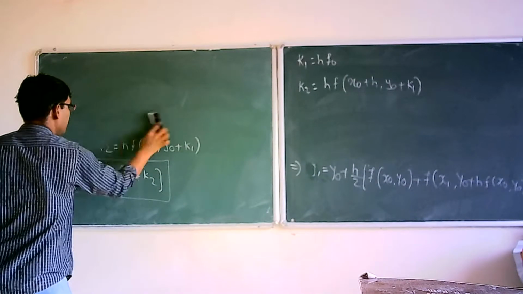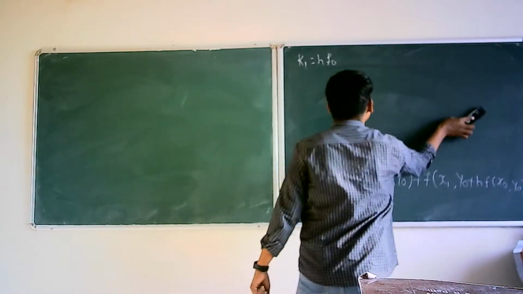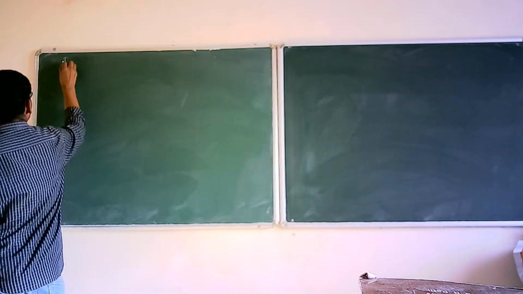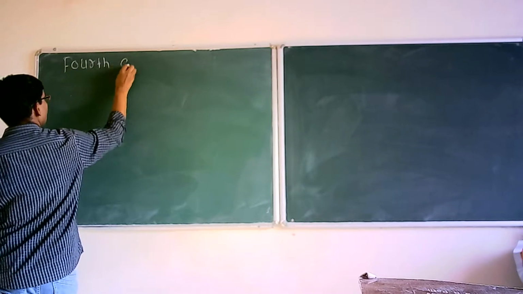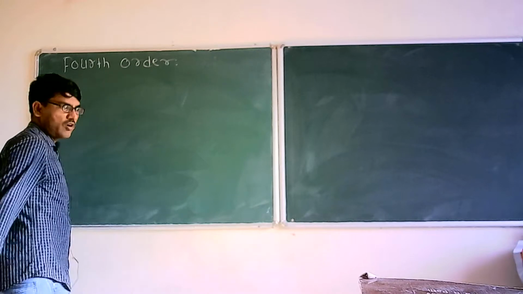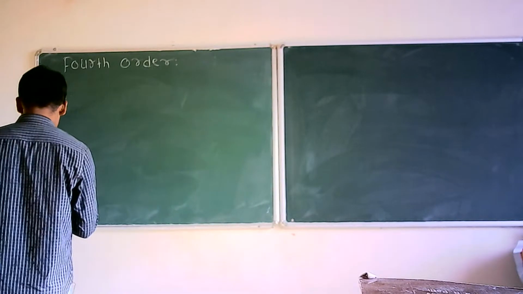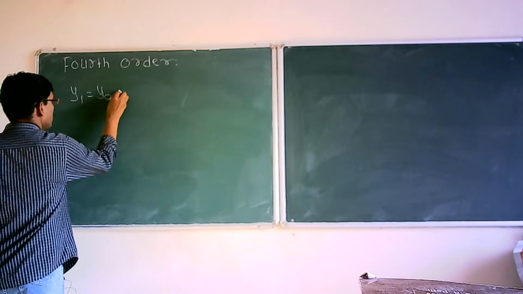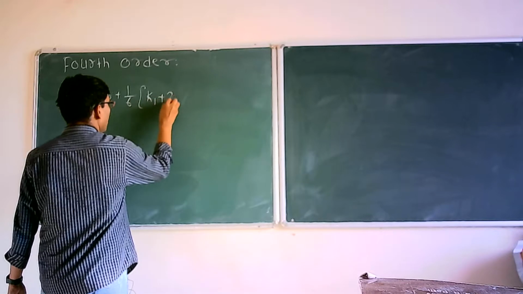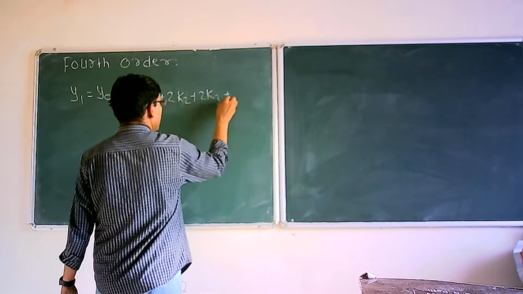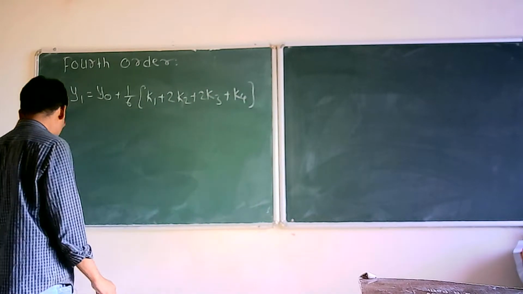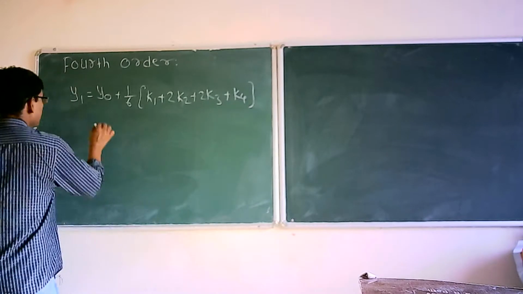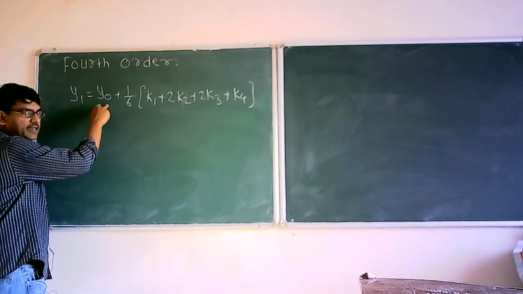Similarly for fourth order, we use the formula y1 is equal to y0 plus 1 by 6 times k1 plus twice k2 plus twice k3 plus k4, where by using this formula we can find the value of y1. y0 is the given value, where